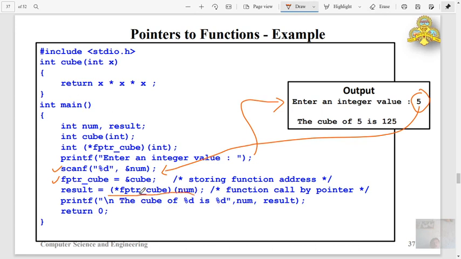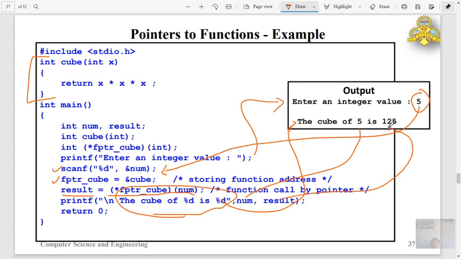The call indirectly calls this function, and it returns a value that is stored in result. So the output is the cube of num, which is 5, and result. This is one of the graded exercises for your lab subject, Data Structures using C, and the simplest, easiest one in the subject.